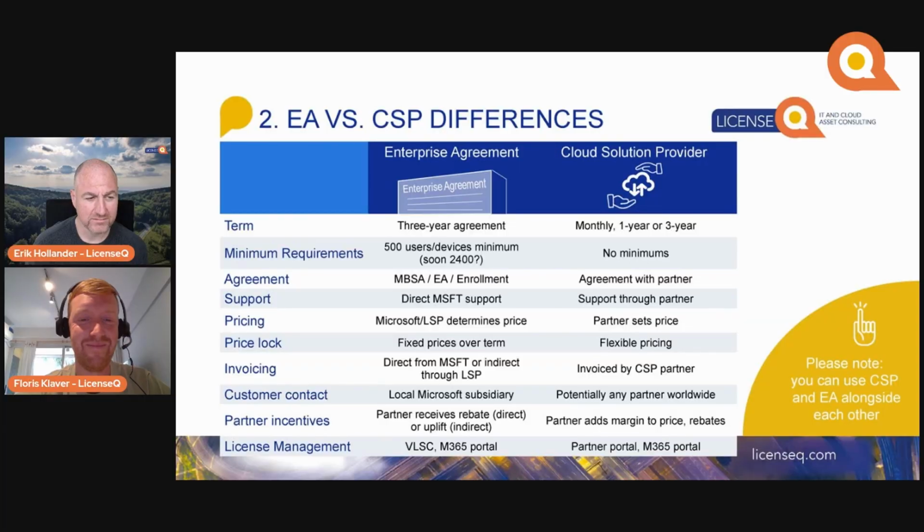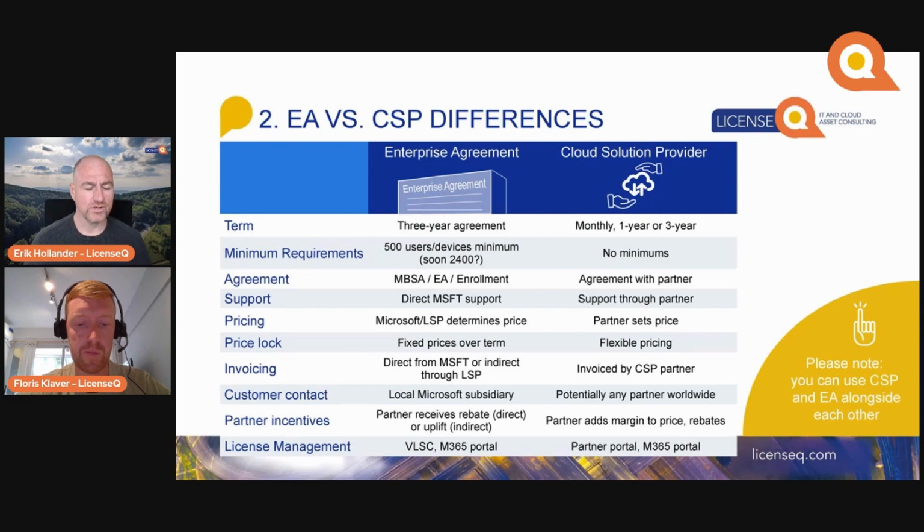This slide is all about EA versus CSP. Last year, we've seen the modern commerce solution being implemented by all resellers. Initially, this was quite a hassle for a lot of clients and partners as well. So there was a lot of pressure to implement. And we've seen some changes within the pricing models as well for CSP. This is something I will highlight later on, but first, the main characteristics and differences between the EA and the